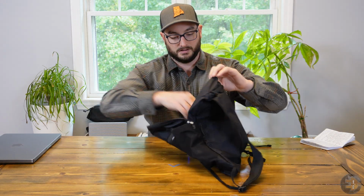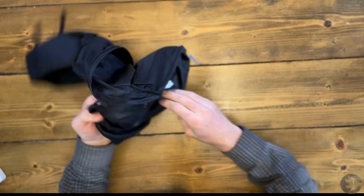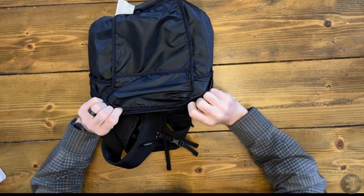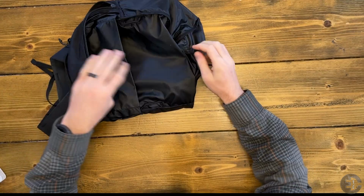Zippers are PU coated YKKs. I think they're number 5. They're pretty small. But on the inside of the bag, actually let's just flip it inside out. There's nothing to speak of. So it is also just a dump sack. Seams are not taped on this guy. So very simple,